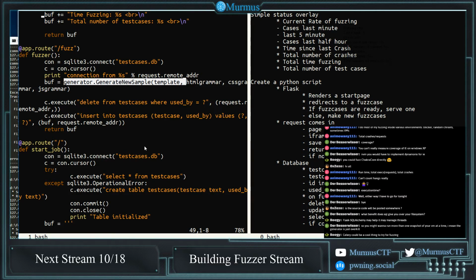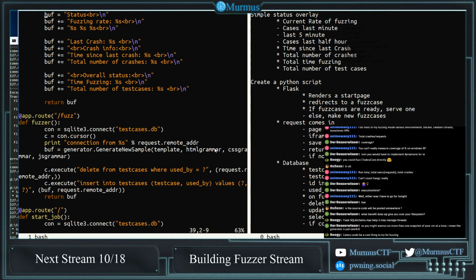All I care about is being able to properly serve their test cases and catch crashes and correlate them with a test case that was input. And at least my experience with it is that SQLite is roughly equivalent in time for file system stuff, but I can structure it a little bit more easily. For example, right now,